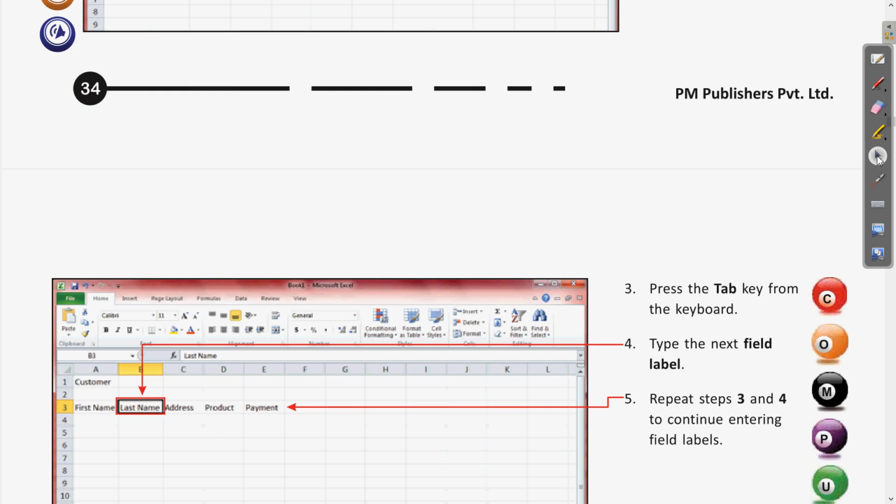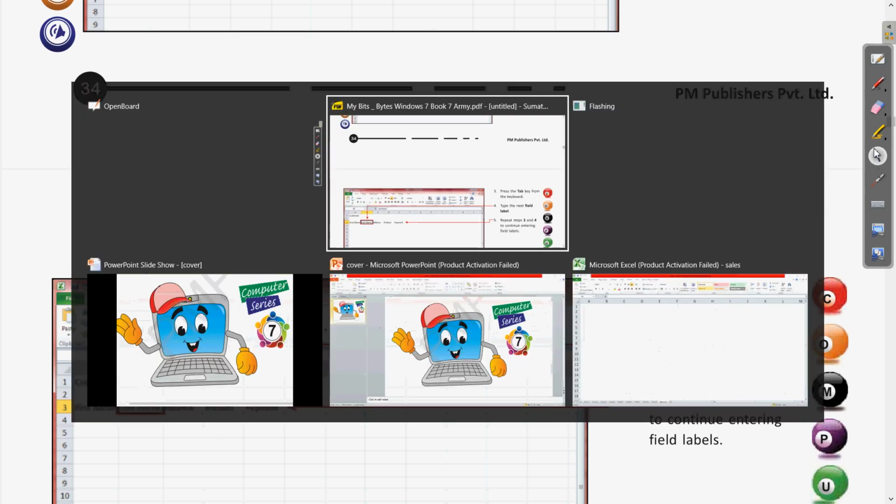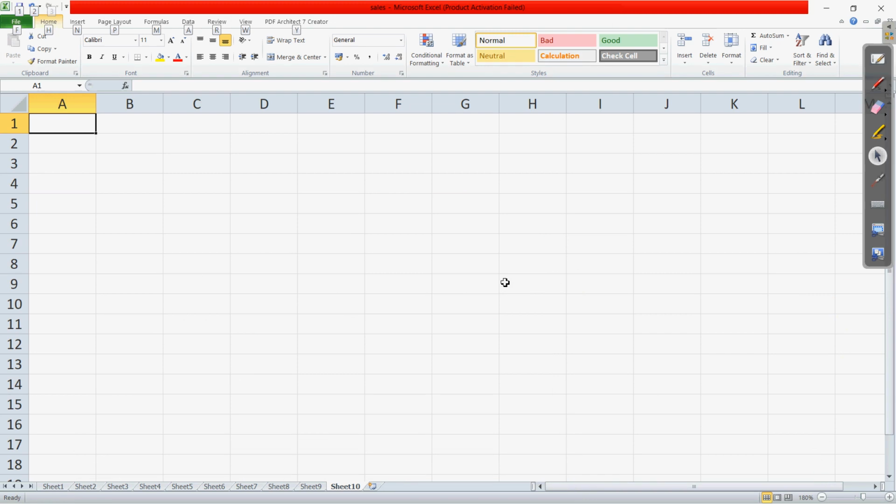Let us come to the software window and see that also. If we come to the Excel sheet, let us enter the name of the table, something like customer, you can write it at the top. After that we have to enter the different labels.